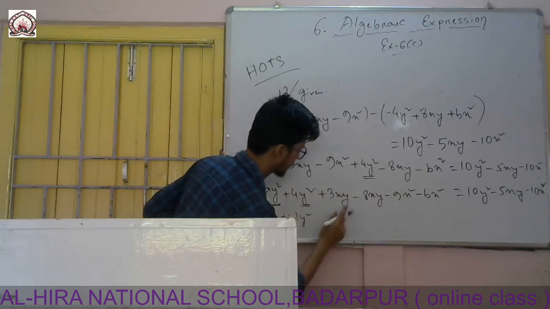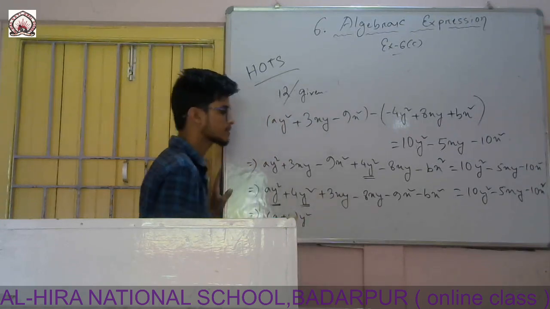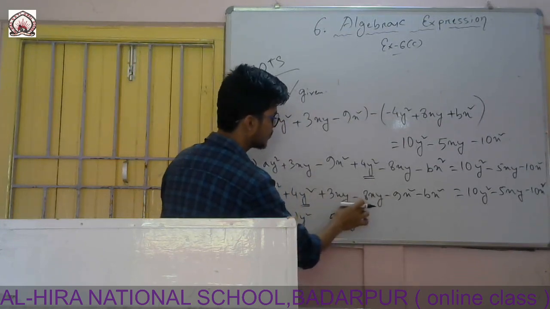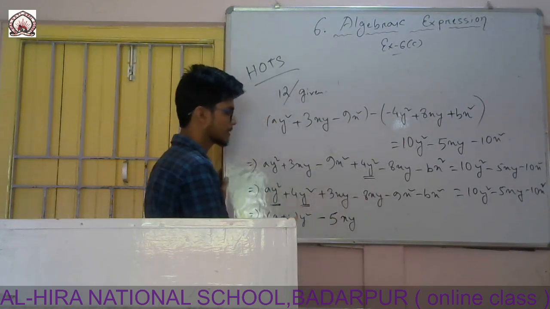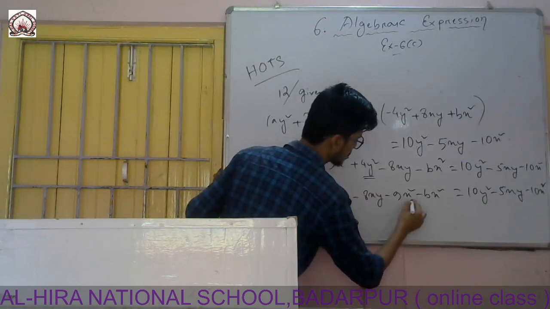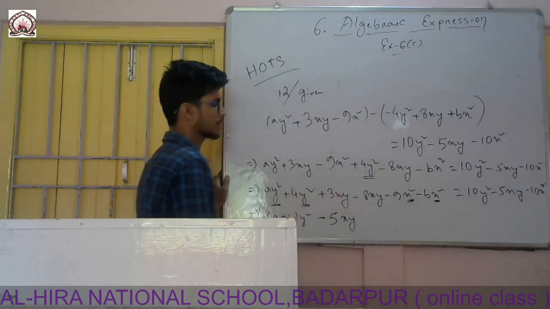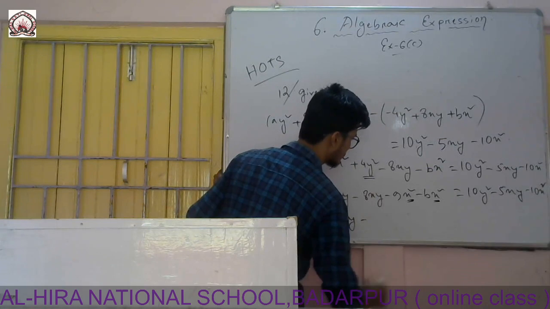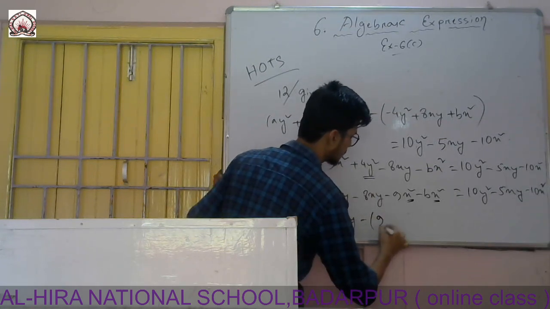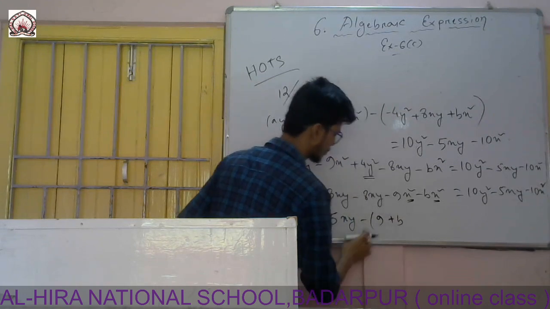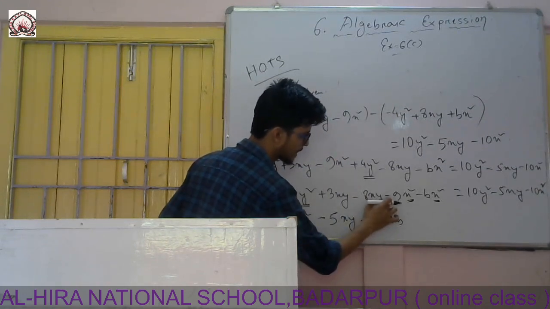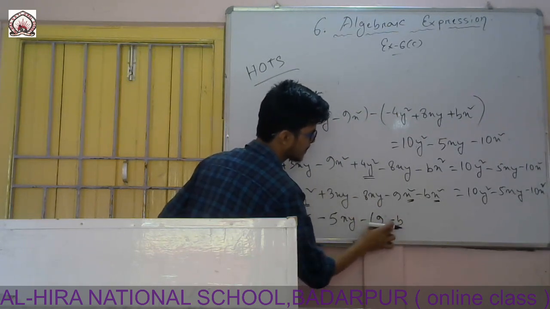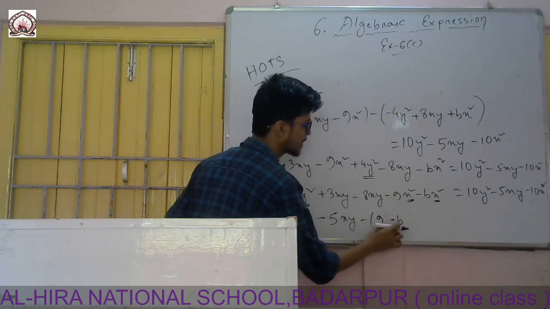Now for the next part, you see plus minus, it is minus. 8 minus 3 is 5. Then the variable will be xy and the sign will be minus because 8 is greater than 3. Now for this part, you see both these terms have the same variable x square. Like earlier, I will give a minus sign, and after giving the minus sign, first I will write 9 and then I will write plus. Why plus? Because if I solve this one, minus plus is minus and minus plus will be minus. If I write minus here, then minus minus will be plus, and it will not match with this part, so I have to give a plus sign.